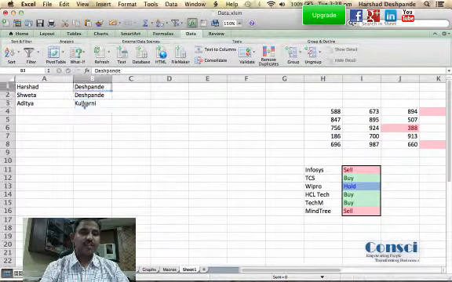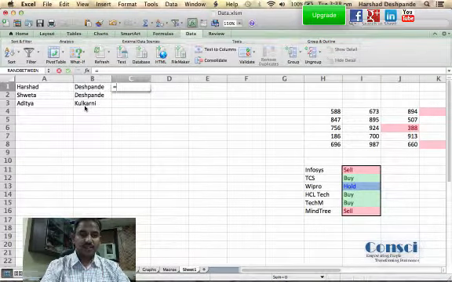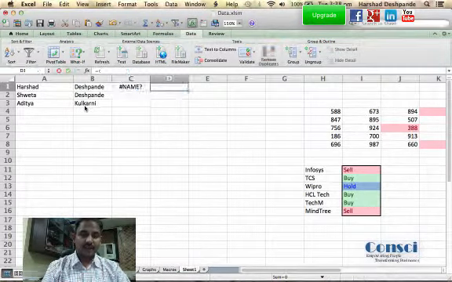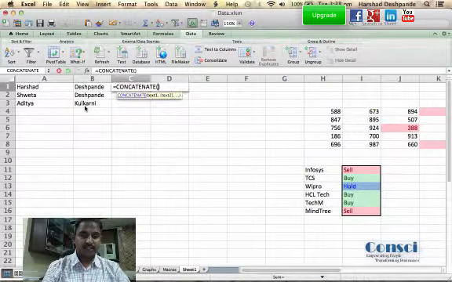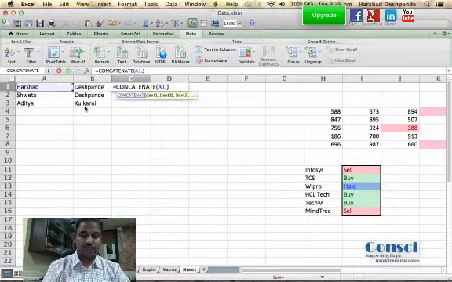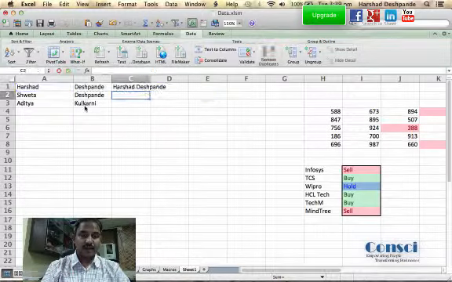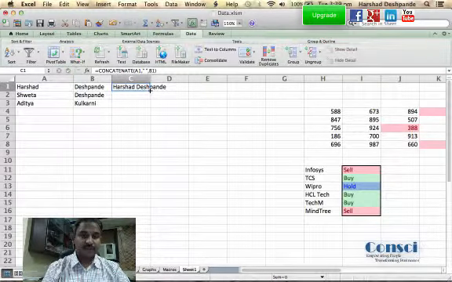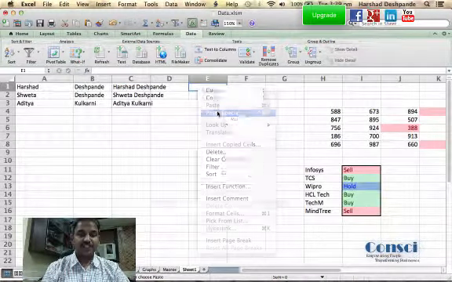Again, you would see the two names got separated into different columns. Now how can you connect them together? There is a utility called concatenate. Concatenate will help you to connect these names together. Please remember that there is a space in between, so you need to manually insert a space in between and give the connections like that. And you double click over here, and the names are in the form and shape that they were earlier.